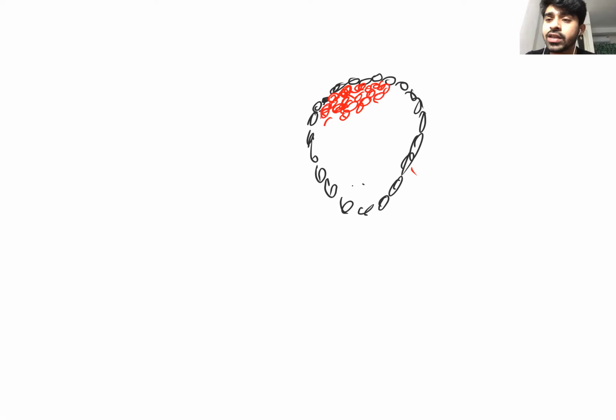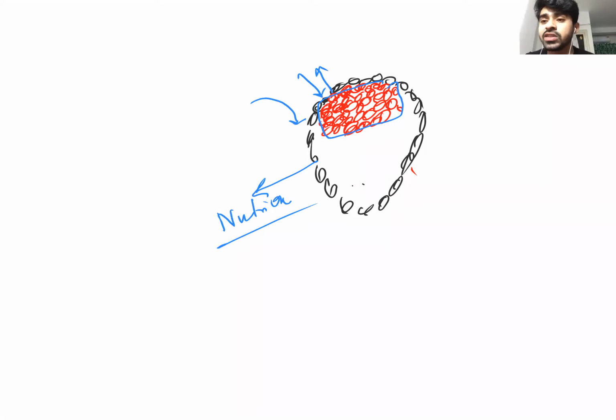So this is the inner cell mass. Are you getting my point? Whatever structures of the baby will be formed, they will be formed only from here. Then what are the functions of this outer layer? One function is nutrition. It will collect the nutrition from outside. The second function is that it will exchange oxygen and carbon dioxide with the mother. So these are the only two functions you have to remember from the outer layer, which is called trophoblast. Tropho means nutrition. I think everyone knows.